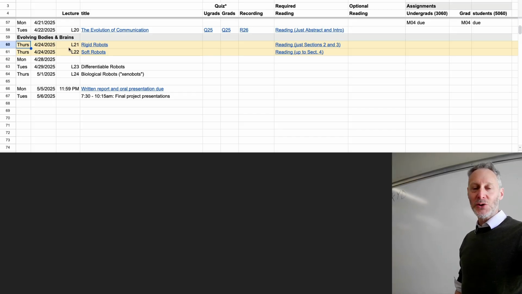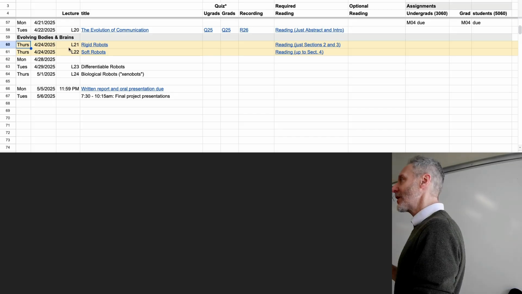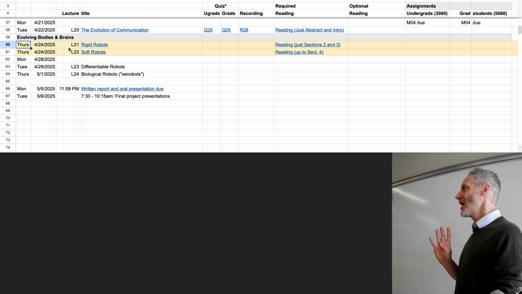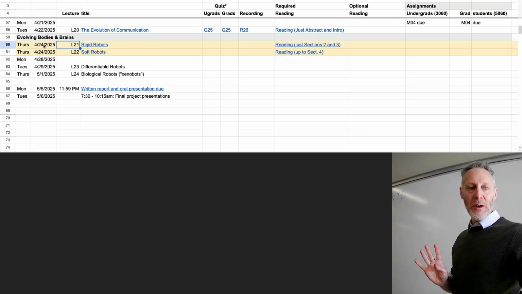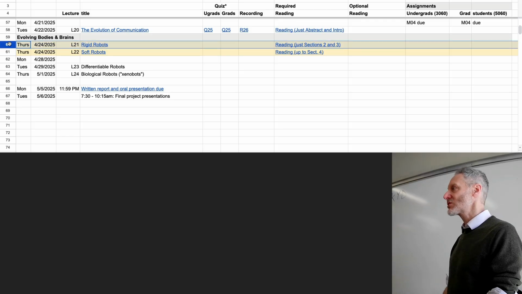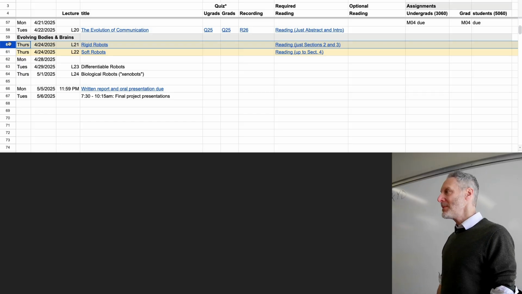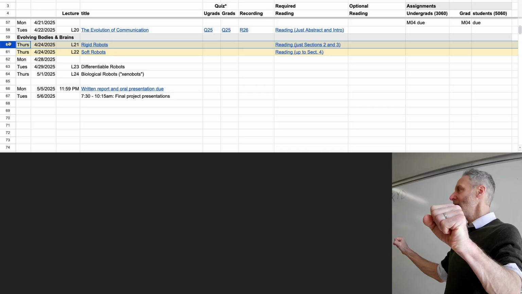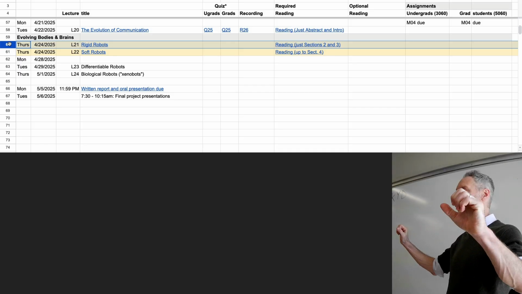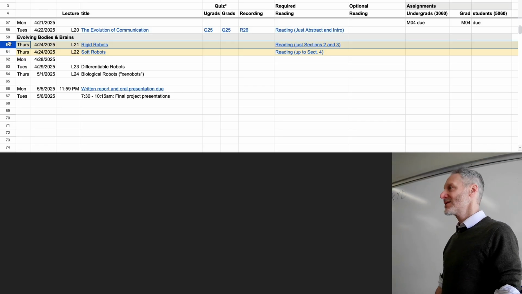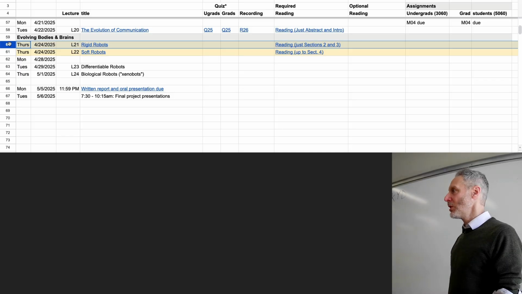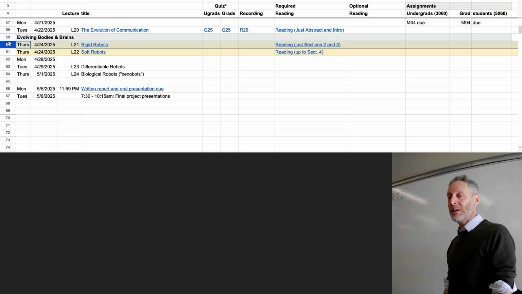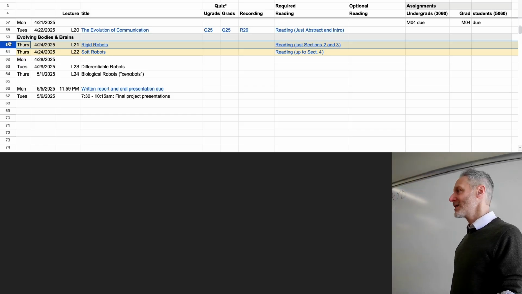So as you can see in lecture 21, 22, 23, and 24, we're going to look at evolving bodies and brains for four different classes of robots, starting with the more familiar one that we've been seeing throughout this course, rigid robots that are kinematic trees. They are rigid components where there's usually some sort of central core and then a bunch of other rigid components attached to that and rigid components attached to that and so on. That's the familiar view most of all of us have about what robots are. That's been sort of the dominant paradigm since the beginning of modern robotics at the end of the Second World